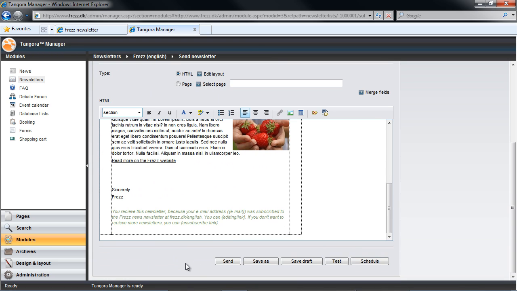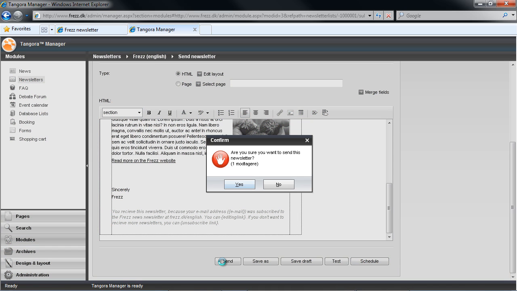I have a bunch of options as far as what I could do with the newsletter I'm working on, from saving the current draft or doing a save as to create a new version. I could also send a test out of the current newsletter, and otherwise I could just send the newsletter directly, or I could schedule to have a completed newsletter sent out at a later point in time. For now, I'll just hit Send.